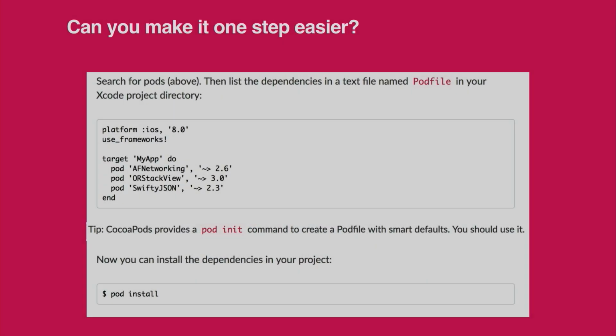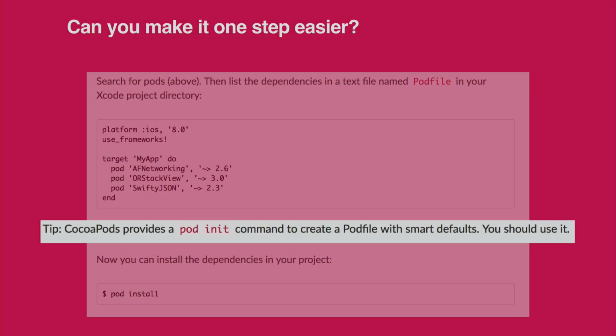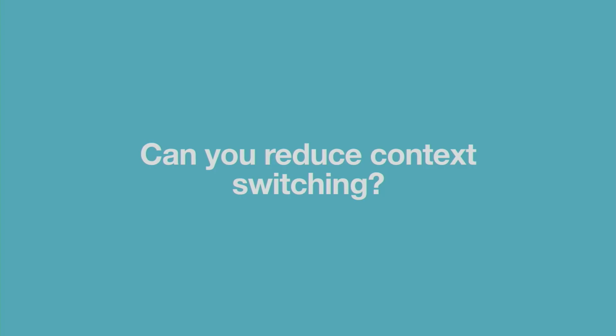But the idea behind all of this was, can you make onboarding one step easier? If someone has to go through copy and pasting a few things, wouldn't it be nice if instead of all this, you had a package manager where you could just specify dependencies and every so often you pull down the latest version of the package and it would all be simple and easy. That's why people love things like NPM. It's easy and it's consistent and it takes one step out of having to think about all of this stuff. And so that's what we ended up doing with the Crashlytics dependency. Eventually, we released a CocoaPod because everyone pretty much wanted that as well.